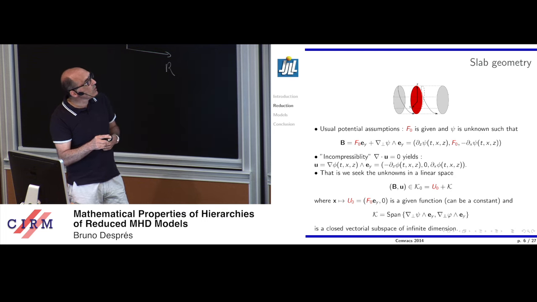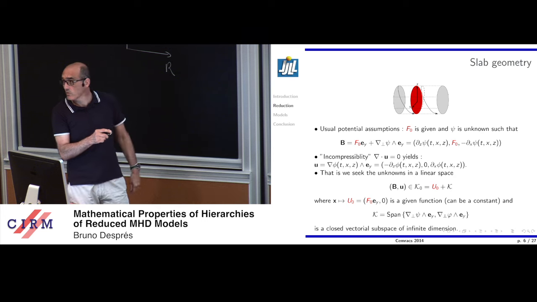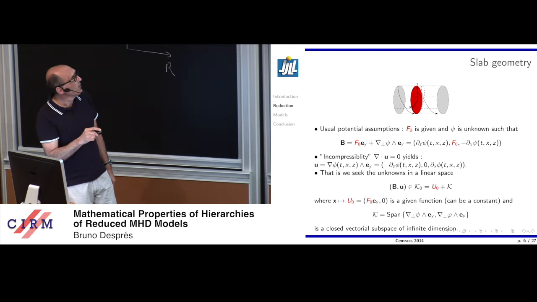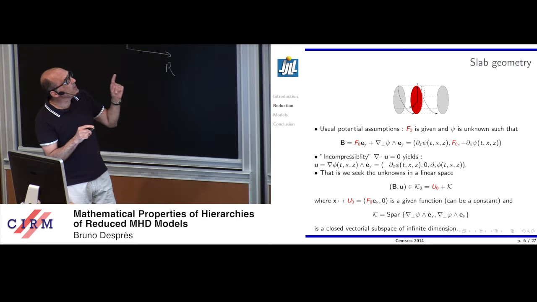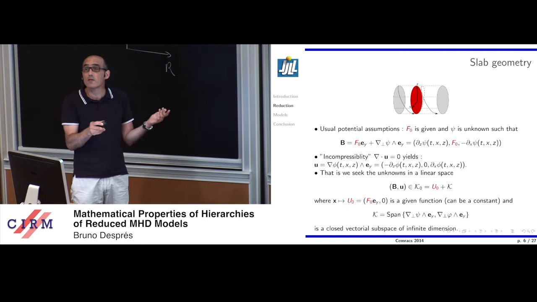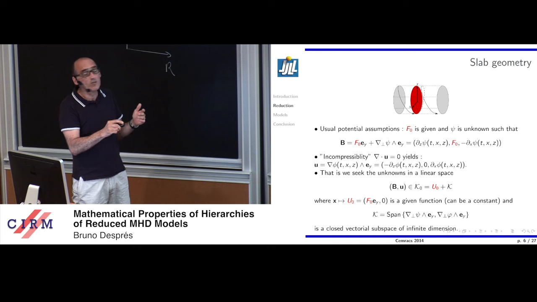So my notation is that K is a vectorial space, and K naught is an affine space, depending on your notation. Here I changed the notation, but it's just for you. Mathematically, a linear space is a very simple space. The geometry is complicated here, but it's simple here.